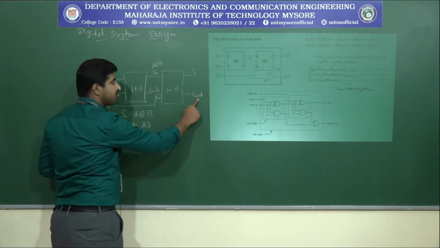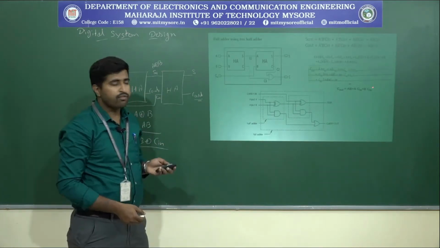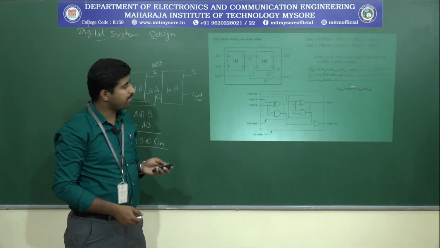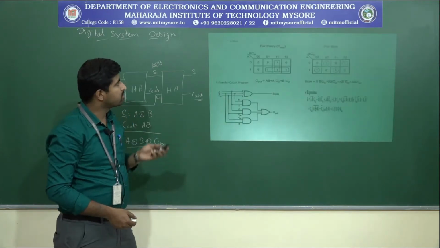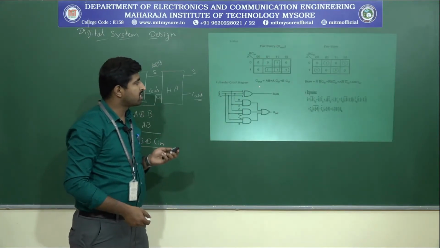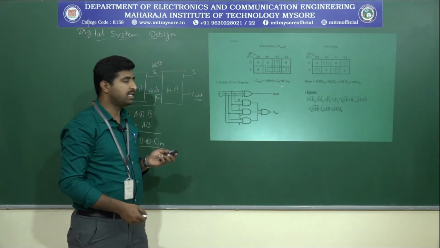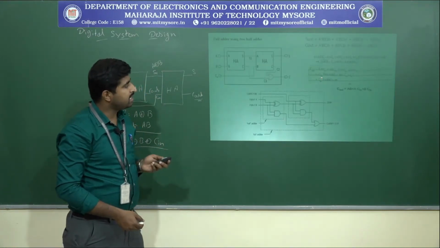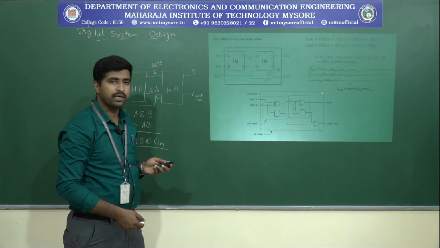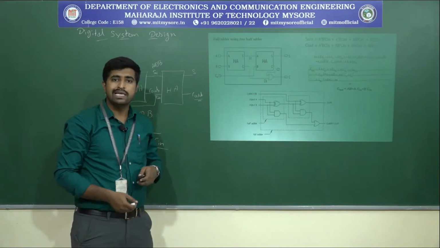Now let's come to the C out. How are we going to implement the C out? For the C out we got the expression from the K map, that is AB plus A C in plus B C in. You can look here. From the K map we got this equation: C out equals AB plus A C in plus B C in. The C out expression can even be written as C in into A XOR B plus AB. Both equations are logically the same.